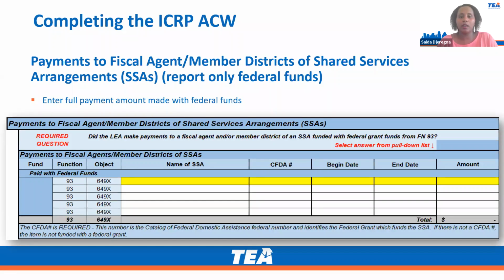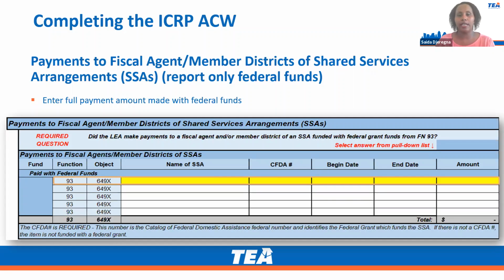Many districts are participating in non-federally funded SSAs. If your answer is no, then you proceed to the next section as no further data entries are required. If your answer is yes, complete the section by providing the requested details on any payments made to fiscal agent and/or member districts of an SSA